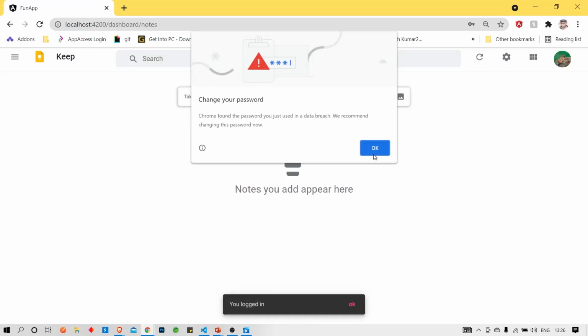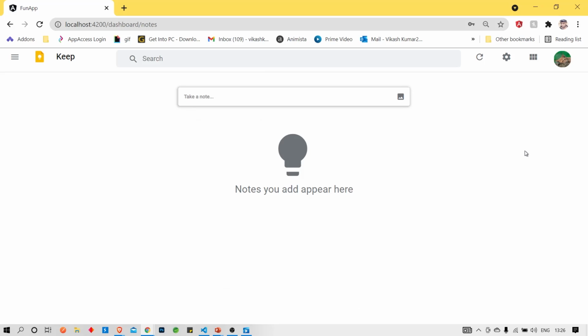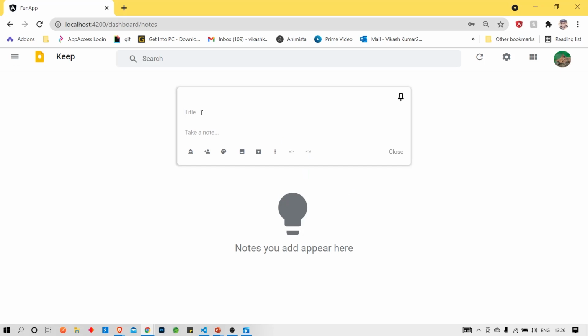Yeah, so it's logged in. Now I will try to create a few notes. Here you need to give the title, what will be the title of your notes. So Vikas Kumar. I will type something like random words, and here you can see that while hovering, this color box came.